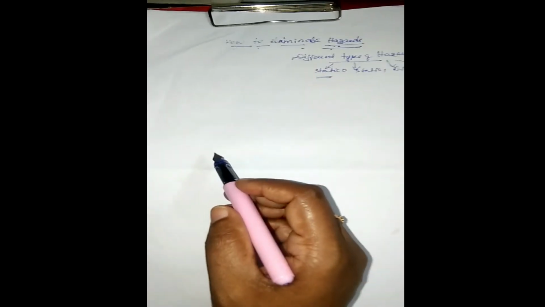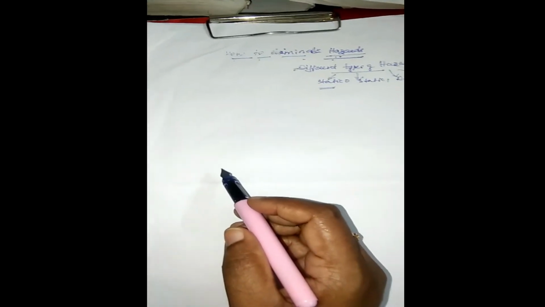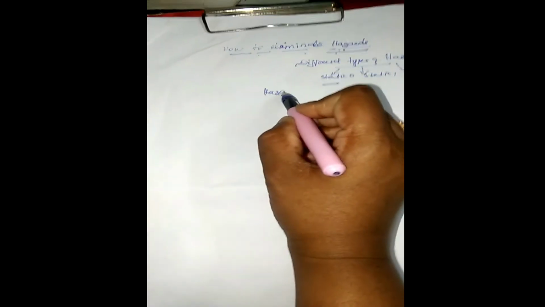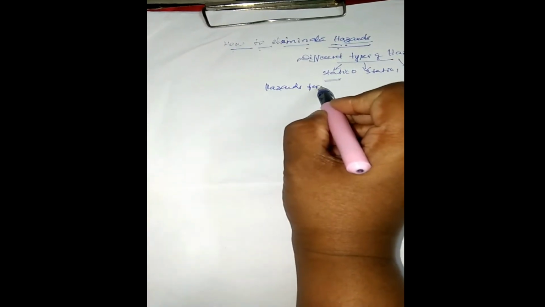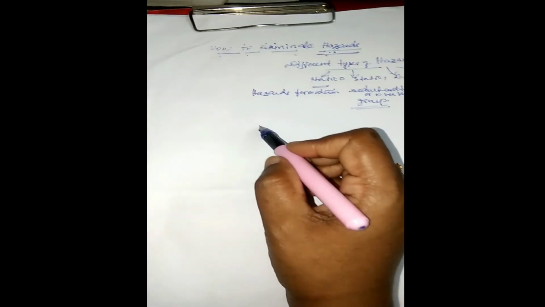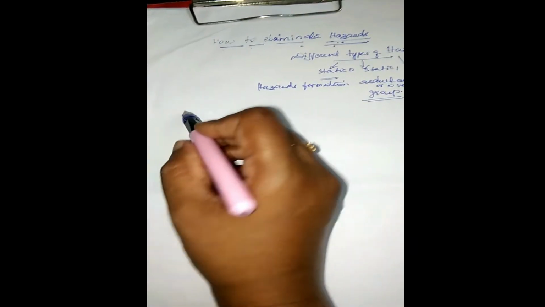If you see in my previous video on hazard, I told you clearly that hazards can be eliminated by the formation of redundant groups, the redundant terms, or by the overlapping of groups. With this we can achieve what is called a hazard-free circuit. Okay, so let us solve an example.